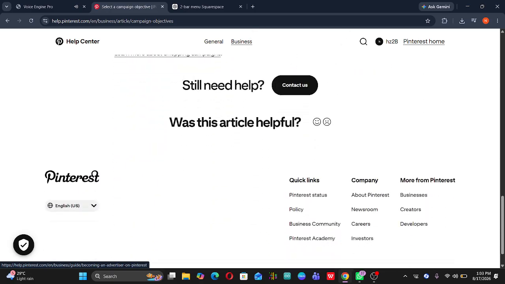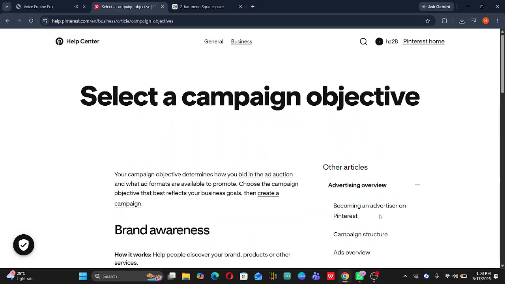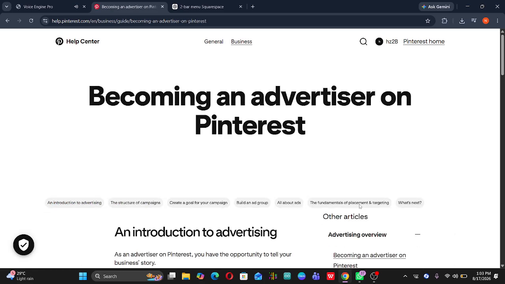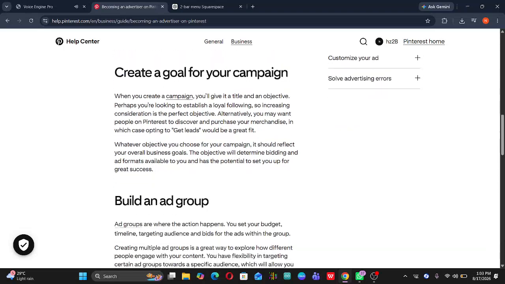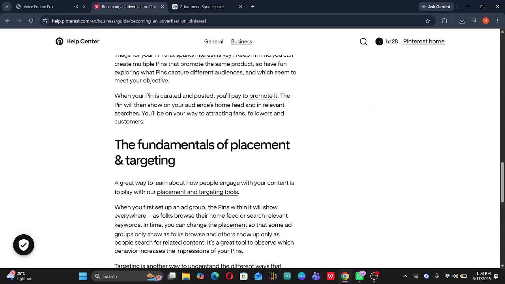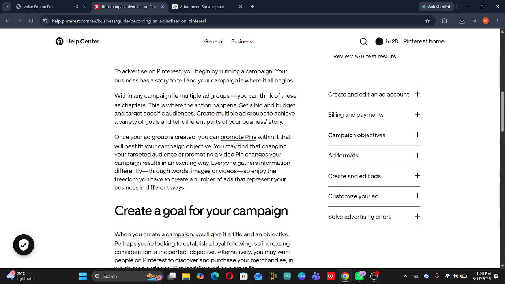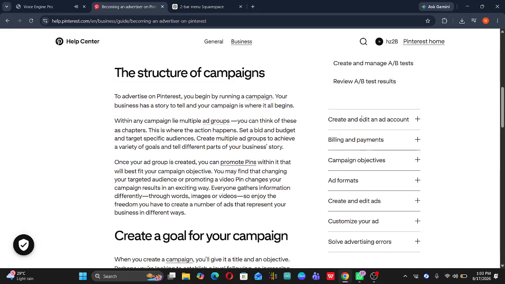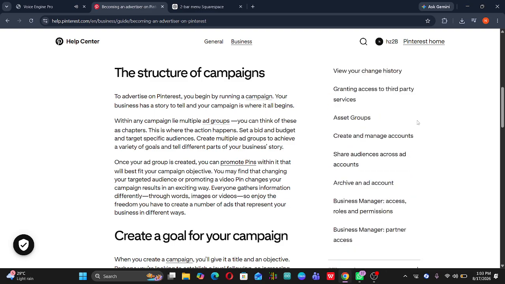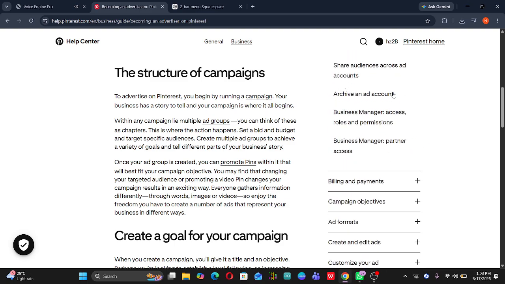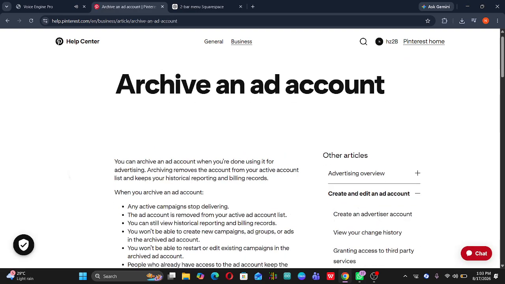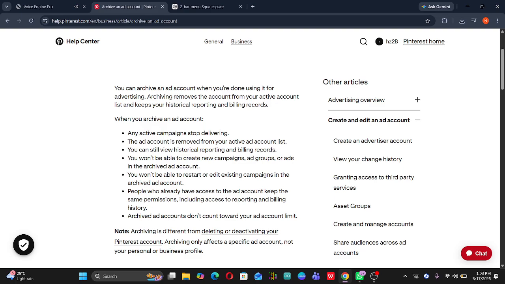Now, let's talk about your budget and schedule. Make sure those details are accurate and that everything aligns with what you want to allocate for this campaign. Under budget, make sure the figures you've entered are practical and match the minimum requirements set by Pinterest. After confirming those details, it's time to look at the destination URL. This is fundamental, as the URL you provide needs to lead to a valid web page. Double-check to ensure there are no typos and that the link is active, as an inoperative URL could definitely trigger a validation error. Once you've reviewed everything, go ahead and click Continue or Publish, depending on your current stage in